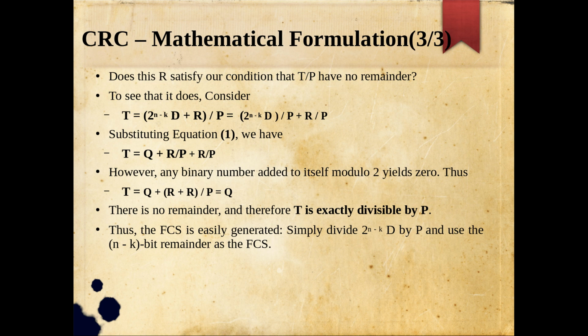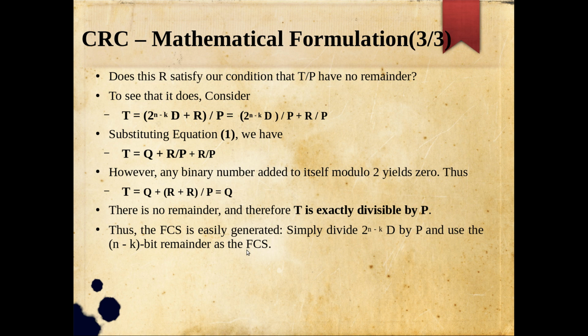Sometimes the remainder may be less than 4 bits, then in that case you append some zeros at the most significant bit position and make it 4 bits, and append it at the end of the original message, or replace the n minus k appended zeros with the remainder, which is of n minus k bit length. If it is less than that, append that many zeros at the beginning, at the MSB position, and together you append it with the original message D. Okay, so that is the process. Just understand the process only.